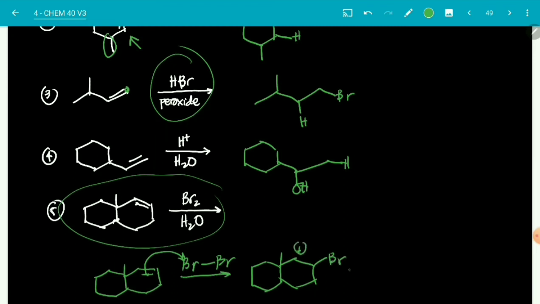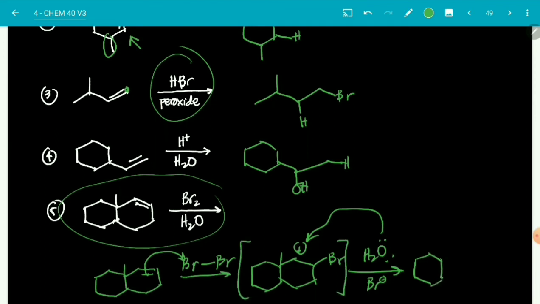So, may plus ka. Since H2O is more nucleophilic than Br minus, di ba? Periodic trends. Mas electronegative si Br minus kaysa kay water. So, water is more nucleophilic than Br. So, siya yung mag-a-add. Okay? So, kapag nag-add yung water, form ka ng intermediate. Actually, this is also an intermediate. Okay? Form ka ng